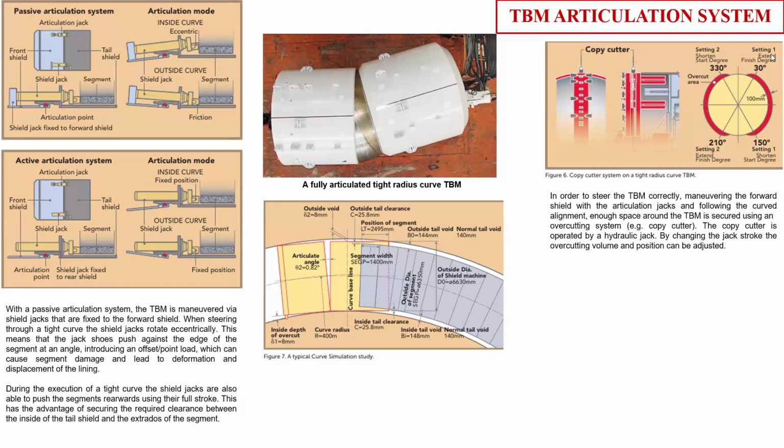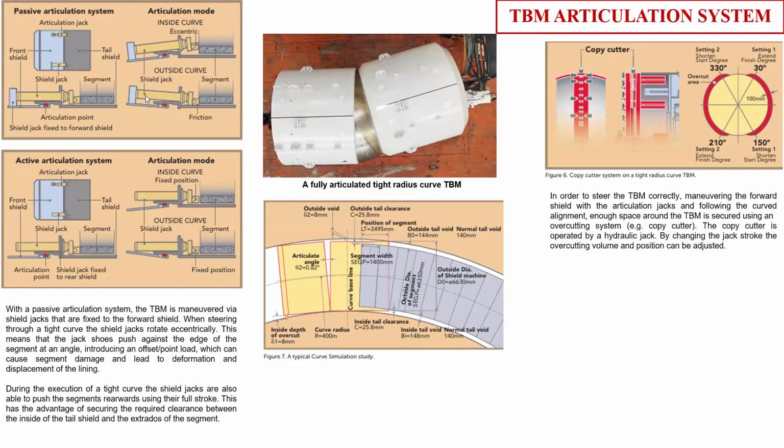That is called the stepping of the segment. Stepping of the segment mostly occurs when you are encountering a very steep curve, or whenever your shield is not following exactly the alignment, or sometimes the shield of the segments is going out of the alignment. To cater to this situation, there is another modification done inside the TBM